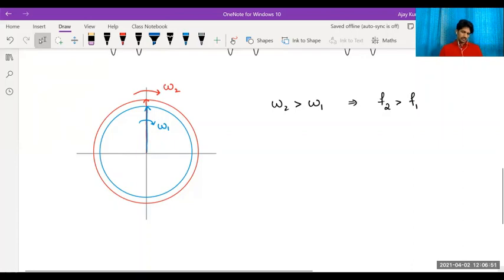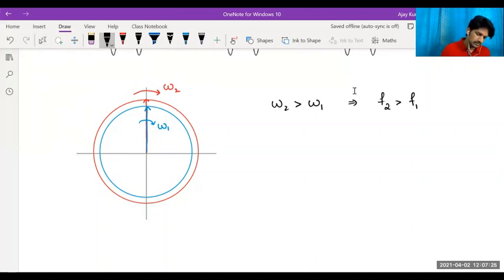Okay. Now what we need to find out is, after how much time the two waves will undergo constructive interference again at the same point. Right now, they are undergoing constructive interference at that particular point. So the person who is standing there will hear a loud sound. We want to find out after how much time the person again hears a loud sound. If we can find out the time interval, the inverse of that time interval is going to give us the beat frequency. Okay.